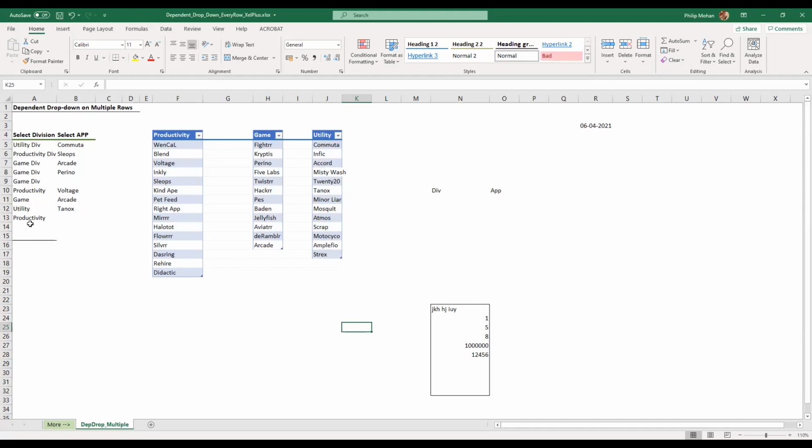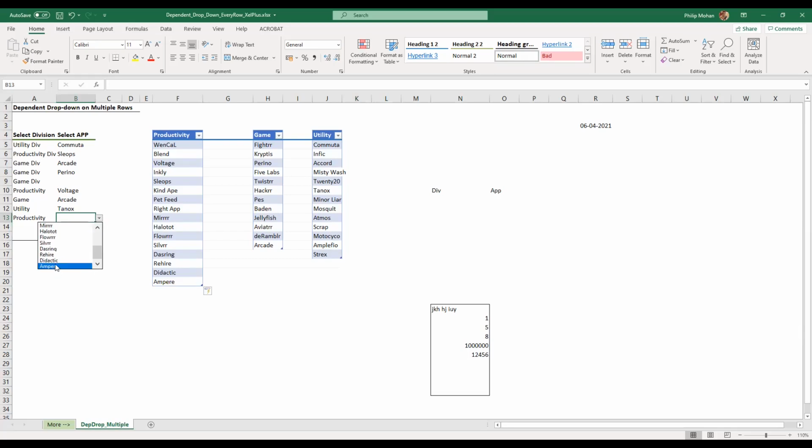Now, let's see what happens if I add a new item here. I can't even think of a name. What kind of name can I give? None of these names are giving me any hint. Okay, voltage is there, so I'll give ampere. Is it already there, ampere? Now what I want to see is under productivity, whether ampere comes along. You see that ampere has come.